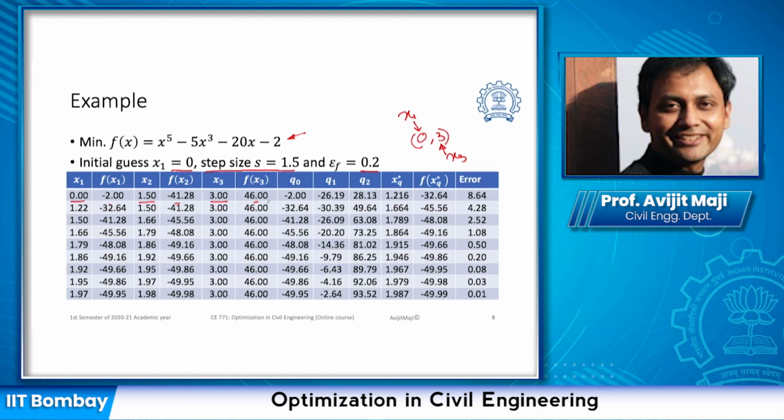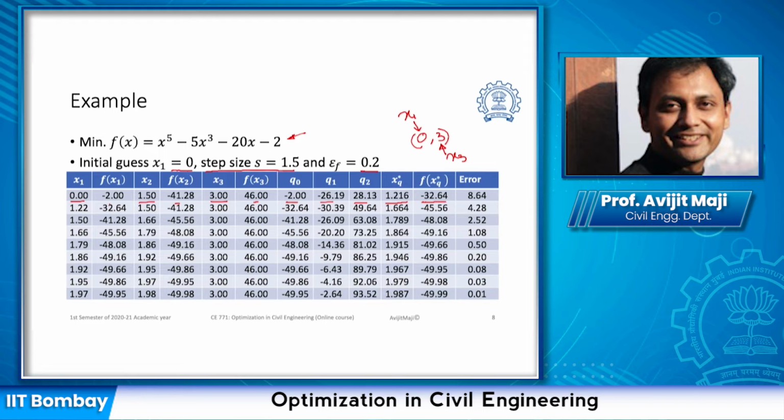Based on these objective function values, we need to estimate the Q0, Q1, Q2 of the quadratic function, and based on these Q0, Q1, Q2, we are going to find out the optimum point of the quadratic function, and that is going to be 1.216, and at that particular point the objective function value is going